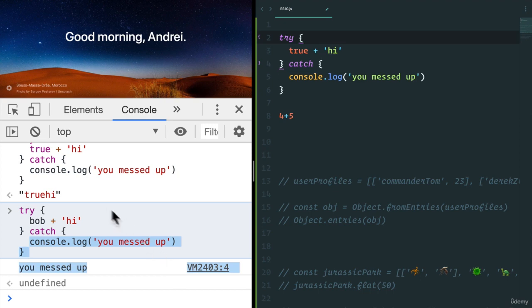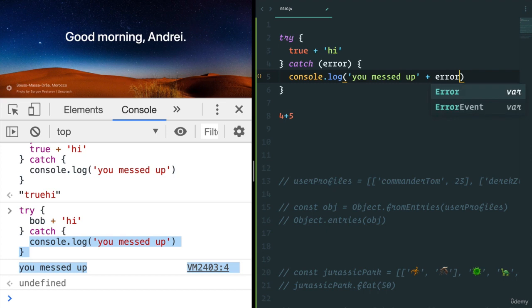And here's the thing. You actually saw a new feature here in ES10. Because back in the day, before ES10, in order for this code to actually catch, you had to pass it an error object or parameter. So I could have called this whatever I want. So I had to do error like this so that I could perhaps say error. So if I copy this,